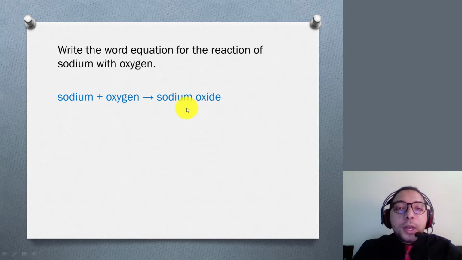And we said some of the metals found in group 1 need to be stored in oil as well, because we want to prevent the reaction between the metal and the oxygen, because they easily react together and burst into flame, and this is going to